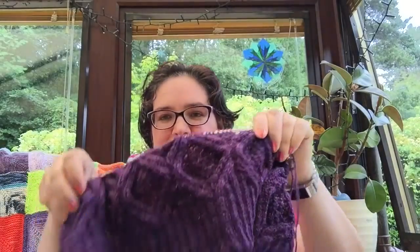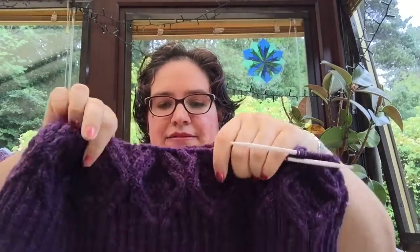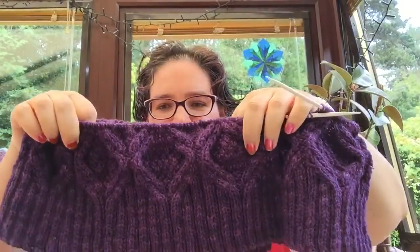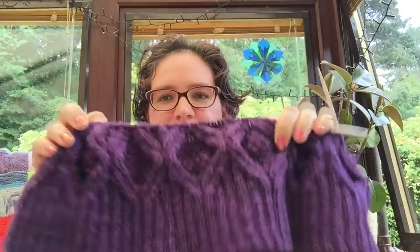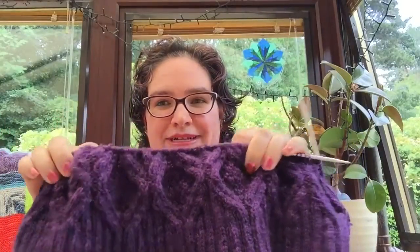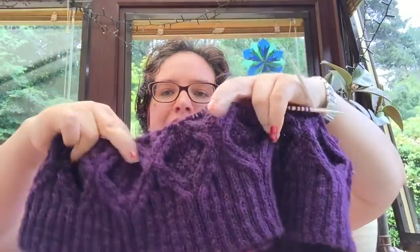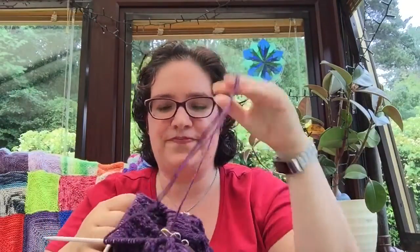This is the pullover in progress. It's a test knit for Ysolda Teague, and I am using Cochrane yarn, which was a limited edition Ripples Crafts yarn. I believe this is crushed Blaeberries. It might be crushed blackberries, but I believe it is crushed Blaeberries. I am alternating 2 skeins,